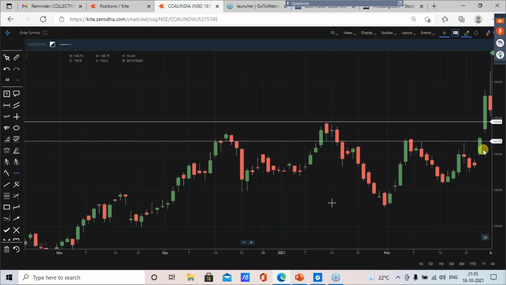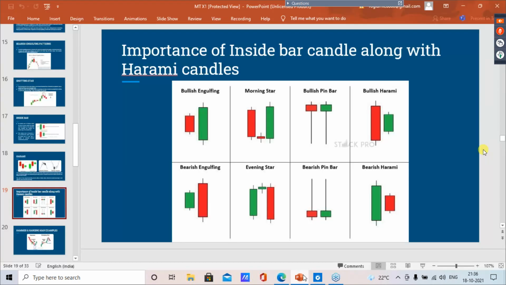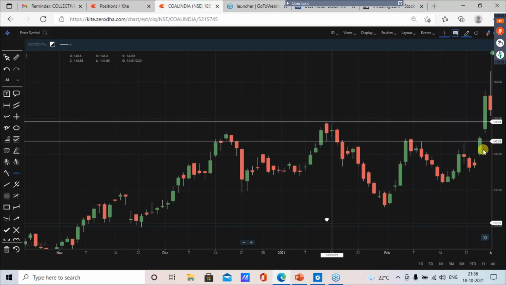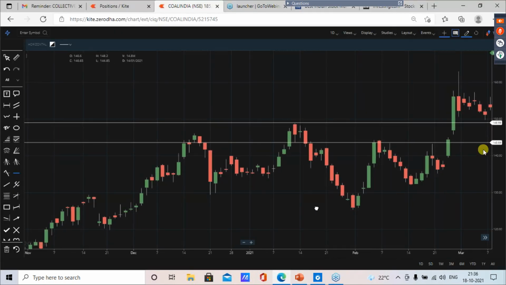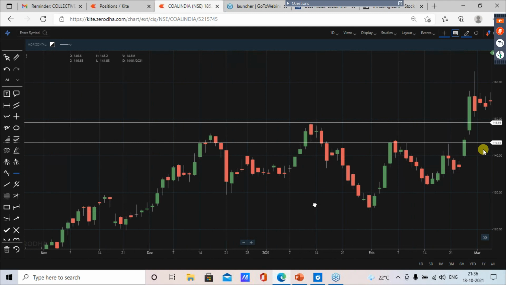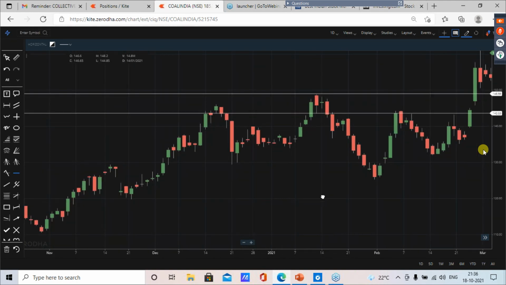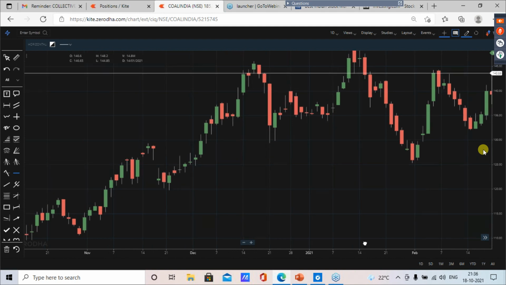I was just checking if you guys are alert because it's already 9:30, so you might fall asleep. So there is a bullish trend, and what is this color combination called? Yeah, it's an inside bar, and the low was broken and it fell. First it has to be an inside bar.